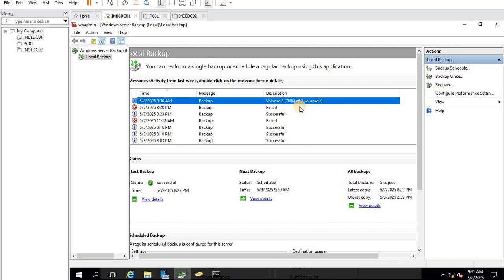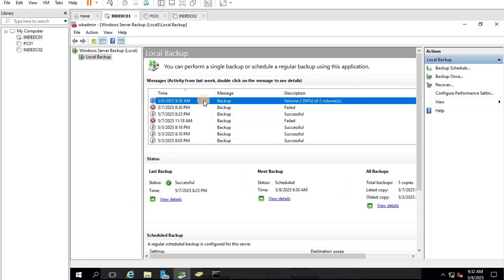Since we cannot configure system state backup and image based backup, two different types of backup, by using this Windows Server backup feature, I decided to use this for configuring scheduled Windows Server backup for image based, for BMR or bare metal recovery, you can say.